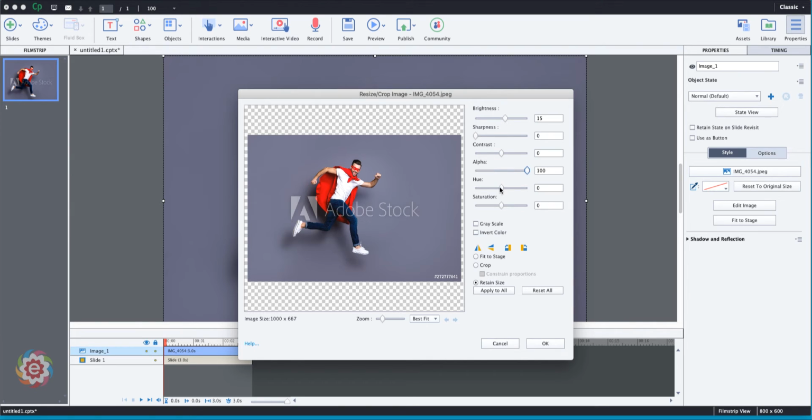Hue is going to change the color of all of the colors in here and switch them around. You can't pick and choose which colors change. It's the hue change for the whole thing. Saturation is the intensity of the color. If you want to make something black and white or